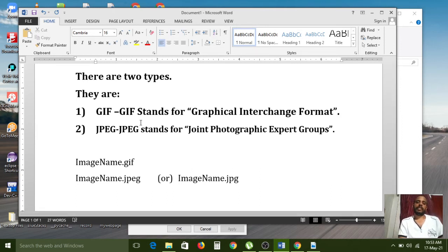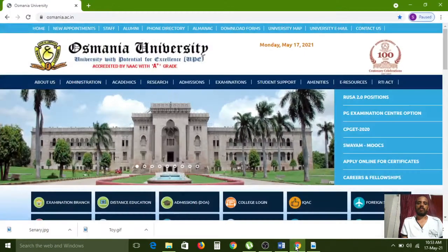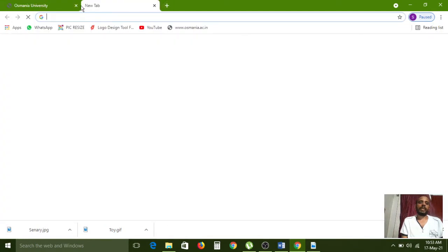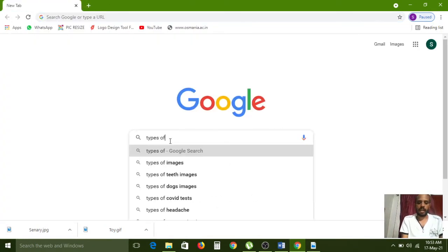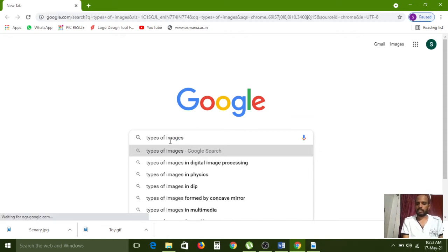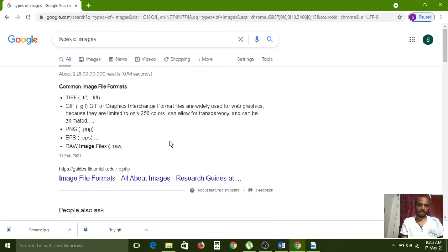So like that, these two types of images play a very important role in the software industry, and there are a number of types of images also. All of you carefully observe here how many types of images. .tif is also one of the formats, and .gif is also one of the formats. Already we have discussed it right now.